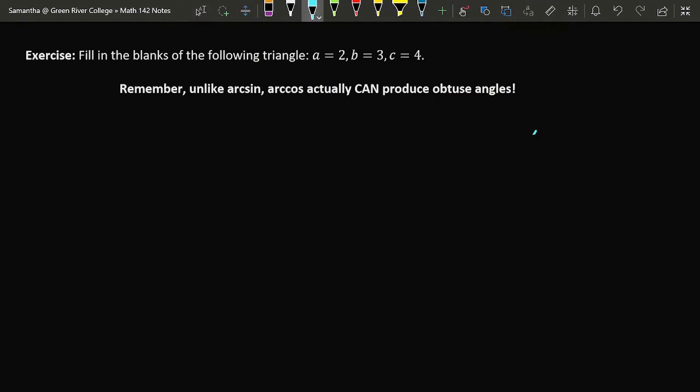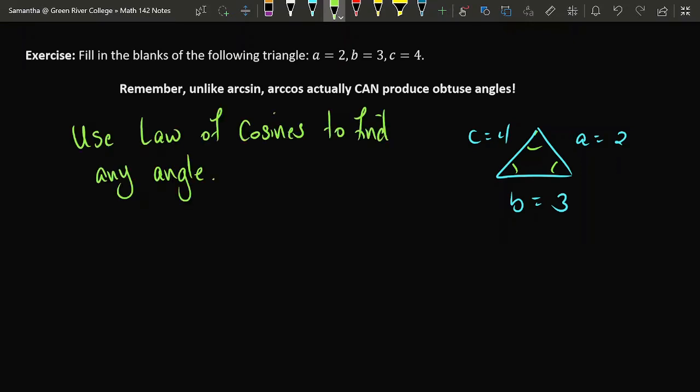In this case, and I'm going to draw a quick sketch, not at all to scale, we're given the value of a equals 2, c equals 4, and b equals 3. So it remains for us to find the angles in this triangle. To begin with, I can find the values really of any one of the angles in this triangle. I can even use it to find the angle corresponding to the largest side in the triangle.